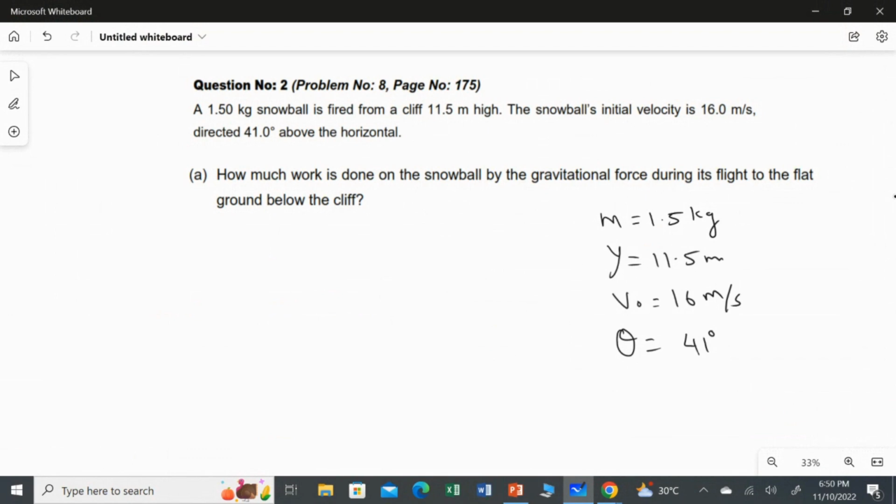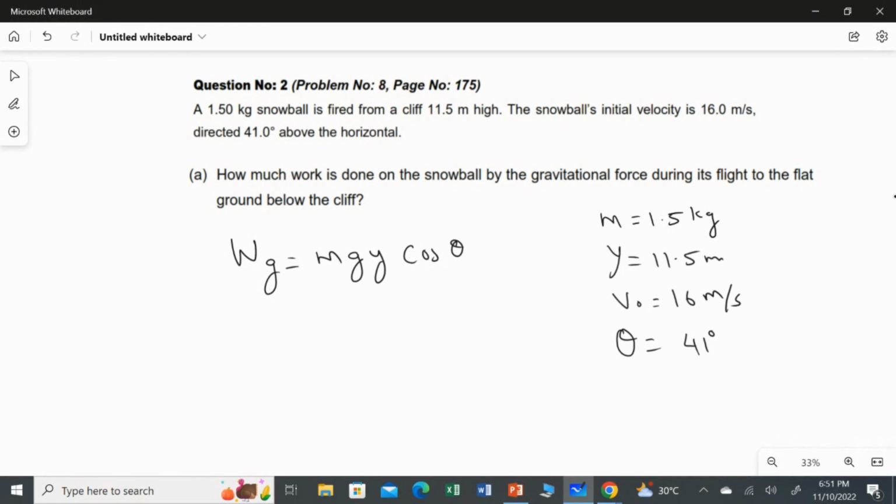By using this, what are we going to find? We are going to find how much work is done on the snowball by the gravitational force during its flight to a flat ground below the cliff. So below the cliff, you have a ground. Am I right? So you are going to find the work done. And we know the formula. When you fire, what will happen? It will go to the maximum height and then it will be coming towards the ground. Am I right? So we know W, the work done by gravity, is exactly equal to mgy